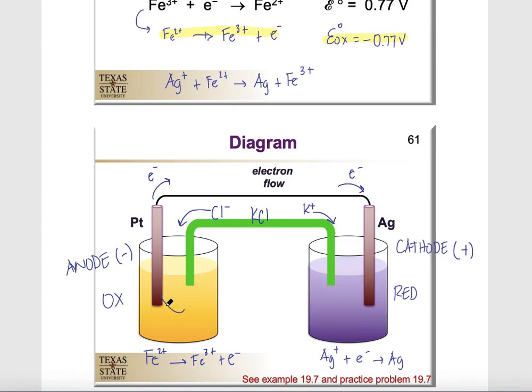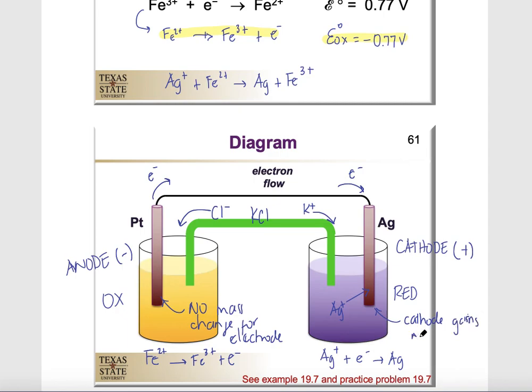Let's go ahead and write that down. No mass change for electrode, because there's no formation or no use of the solid metal. On the right-hand side, on the other hand, I have silver ions that are becoming silver solid. That means that over time, my silver ions from the solution are depositing onto the electrode, and that electrode is gaining mass over time. So the cathode, which is the electrode, gains